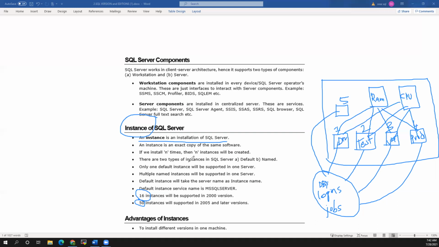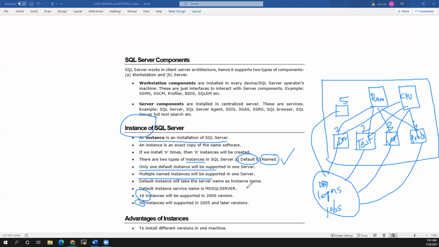Two kinds of instances will be there. First, when you install, that is the default instance. Second, from the next instance onward, we have a named instance. Initially when you install, we call it the default. After the default, however many instances you install, we call them named instances. Only one default instance is supported, and multiple named instances are supported on one server.